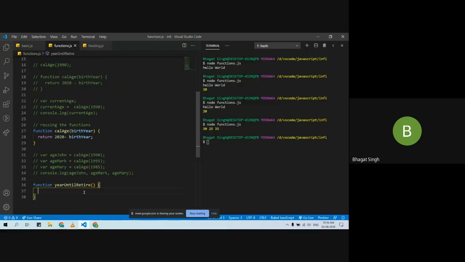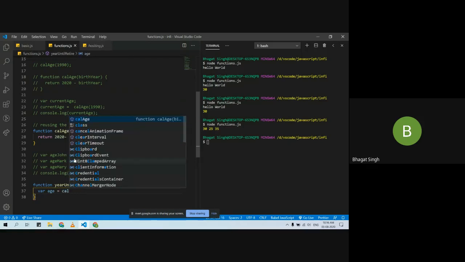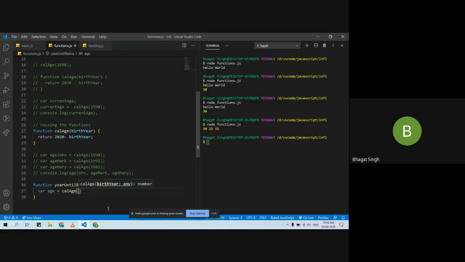So what I will do, years until retirement, first of all, I should know the age of the person, var age. Instead of calculating the age here, I will be using the calc age function. Calc age requires an argument, that is birth year. So I will just pass DOB, that's all. And afterwards, I will see if the person is able to retire or not. For that, I will do if